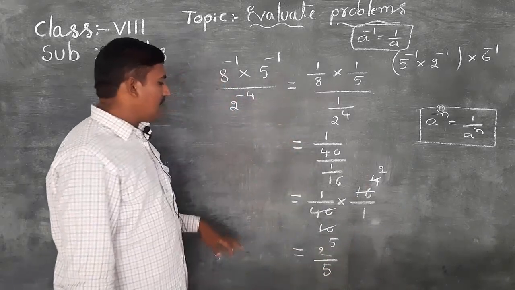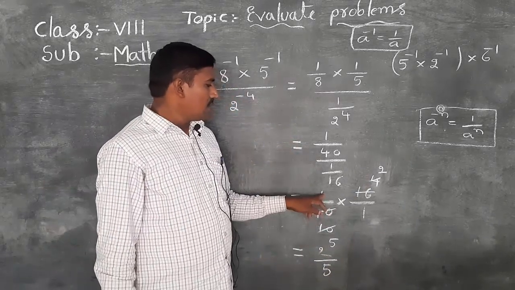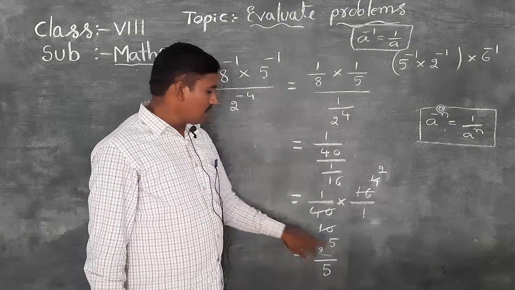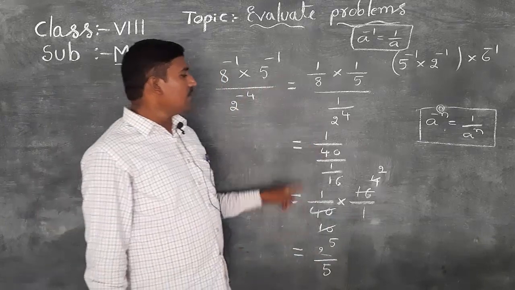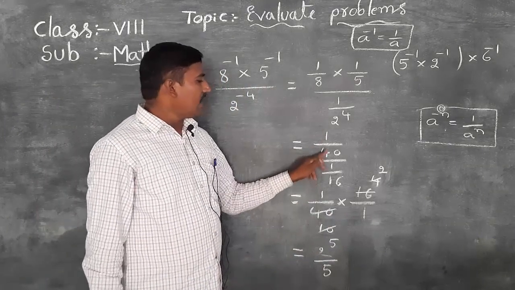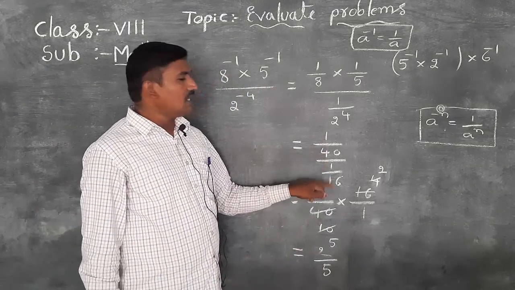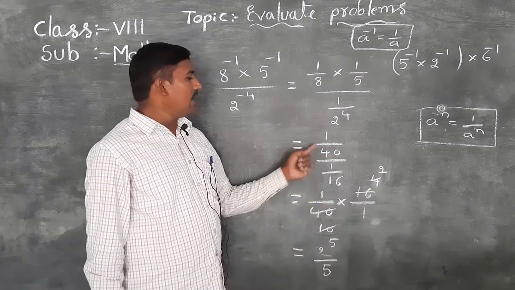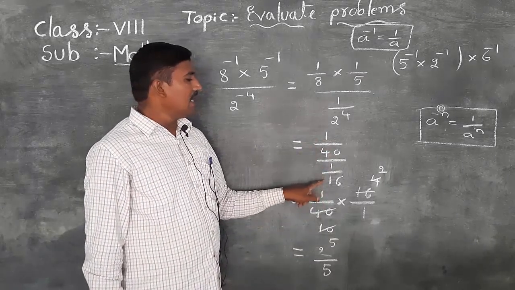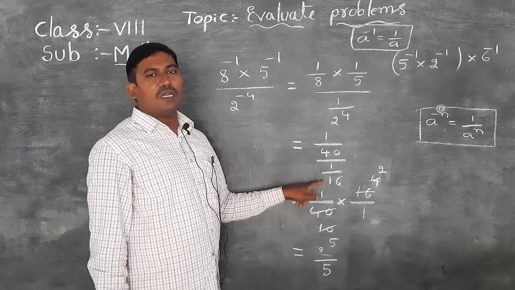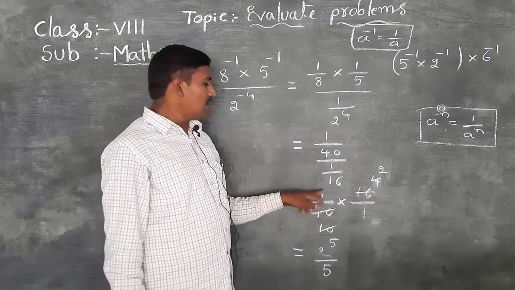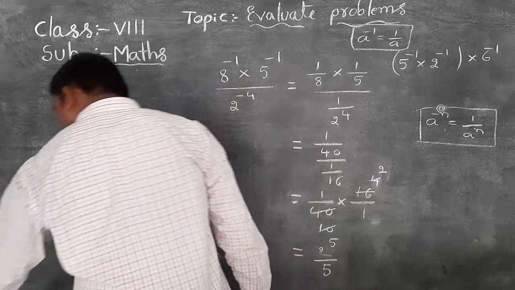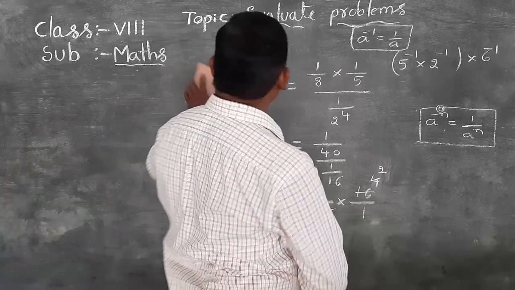Numerator 1 2 jar 2, denominator 5 1 jar 5. Same, for by is there, so it's reciprocal coming, means 1 by 40 divided by 1 by 16. What we are doing, instead of division, we write it as reciprocal, same like that only we did here. And one more problem we'll discuss today,